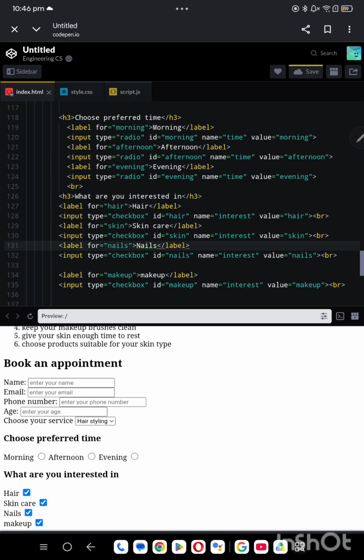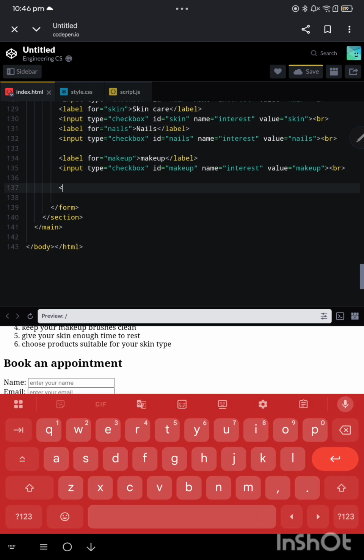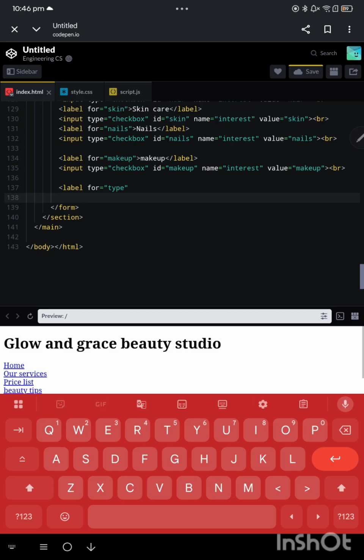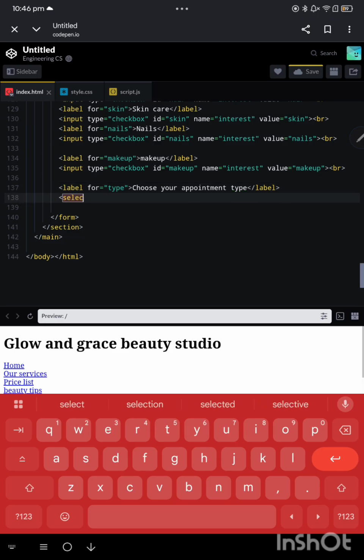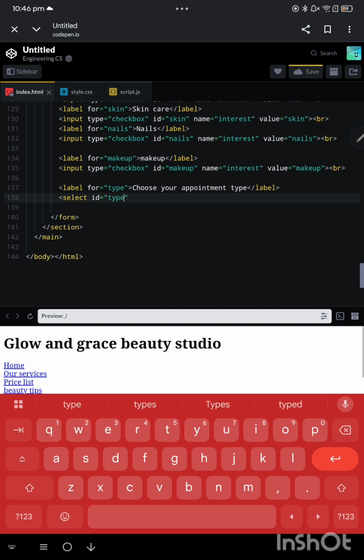Okay, so I can choose all. I can choose one. That's my wish. Now choosing appointment type. For this, I'll write here only. Label for equals type, and then here I will write, because this one I can write directly, select, right? That's why. Choose your appointment type. Then here I can just write select. This select one is easy only. Select ID equals type